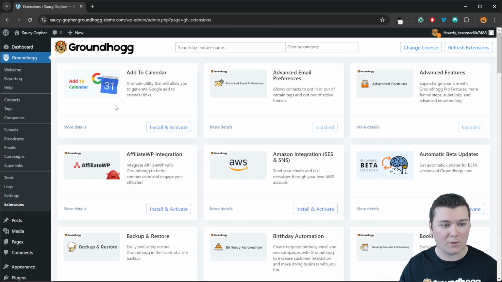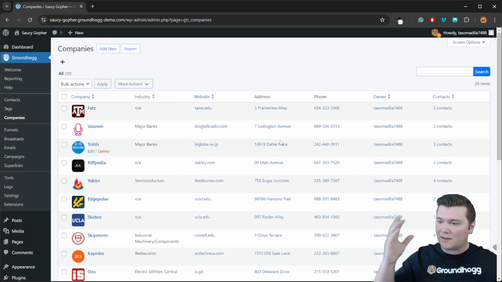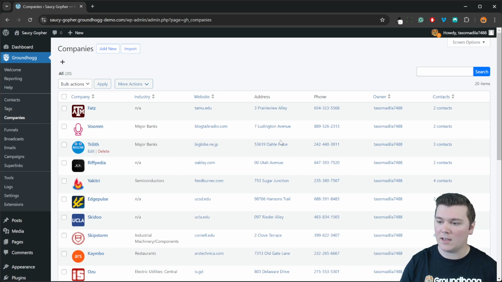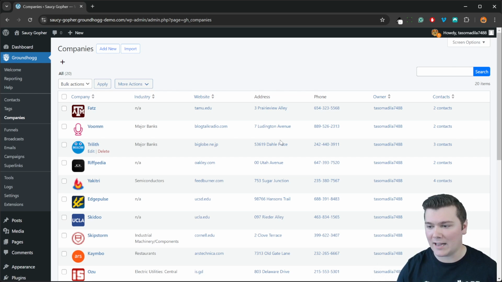I'm going to give the page a quick refresh, and we can now see that in the CRM section, we have context tags and then companies. So we're going to go ahead and click on companies, and that is going to bring us up the companies list. This is where you're going to see all of your companies. I only have about 20 or so in here, but you can have thousands, if not tens of thousands of